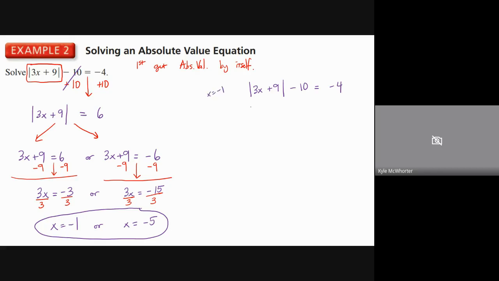3 times -1, that's going to make that -3 plus 9. -3 plus 9 is 6, so absolute value of 6. Absolute value of 6 is 6, so 6 minus 10 is -4. So we can see that x equals -1 works as a solution. Then we can also check -5. If I put -5 in for x,